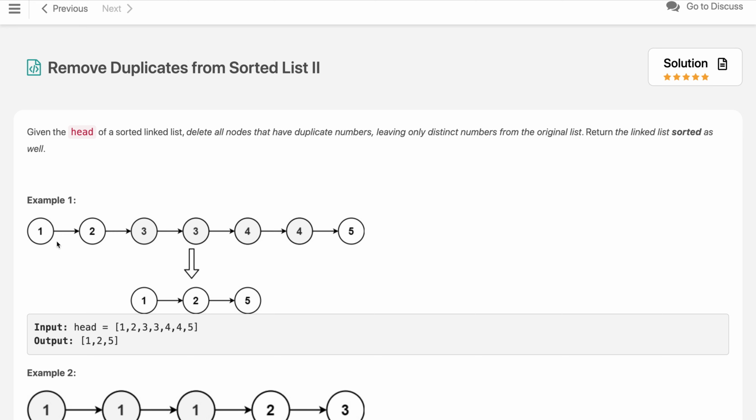Here, if you see, first we have node 1, which exists singly, so we will keep it in the result list. Similarly, 2 exists once, so we keep it in our result list, while 3 exists 2 times, so we don't have to keep it at all, we have to remove all of them. Similarly, 4 is removed entirely, and 5 exists once, so we keep it in the answer. As we go from left to right, it is also in sorted order, and we have to maintain that. So how will we solve this problem?